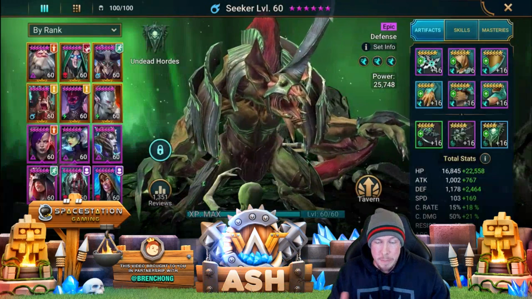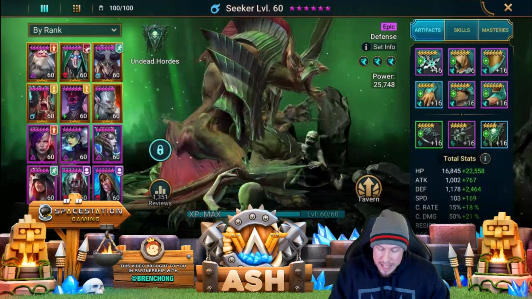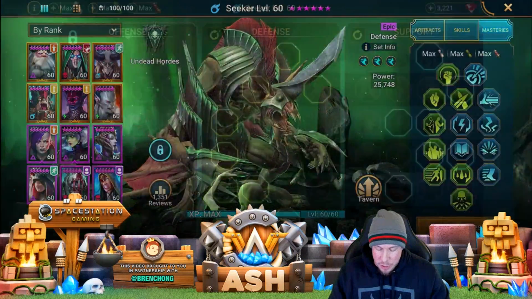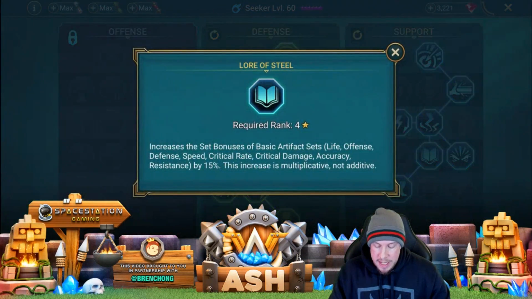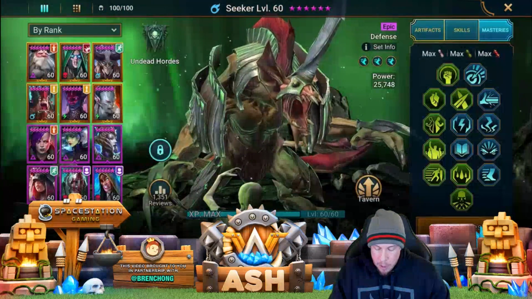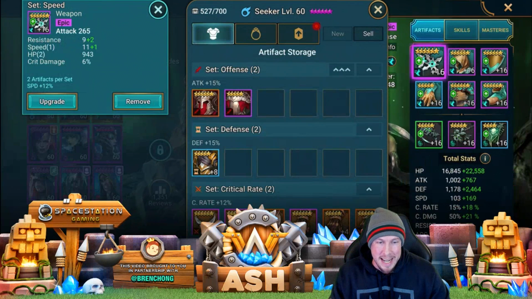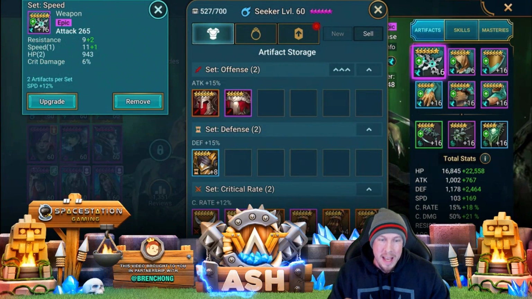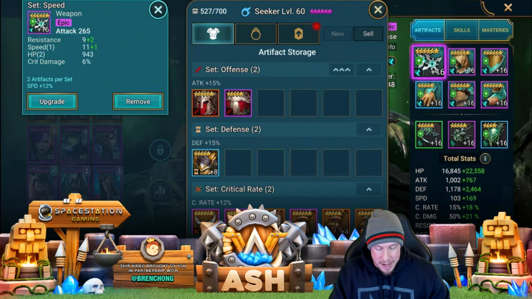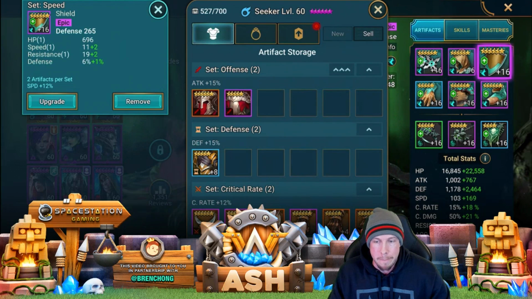So how do we get the speed that high? Well, three speed sets to start out with, and a sneak peek at the Masteries, getting the Lure of Steel to get the extra speed boost off of those three speed sets is going to be important. And then you just basically want speed items with speed stats, right? So you can see every single item I have on him is speed with more speed, and of course this can be improved with better rolls, it can be improved with better gear,